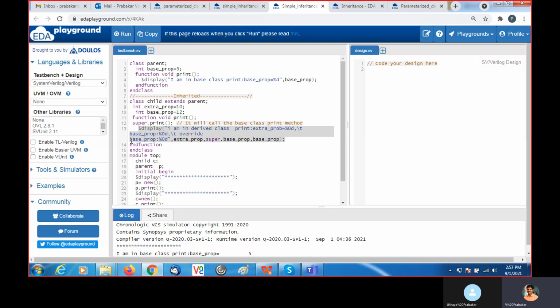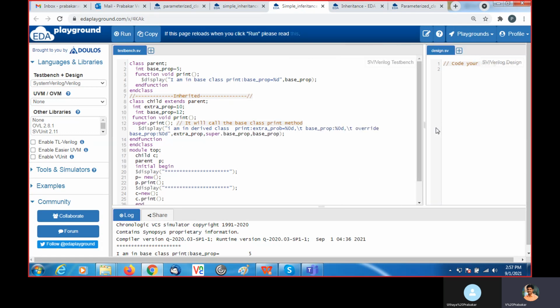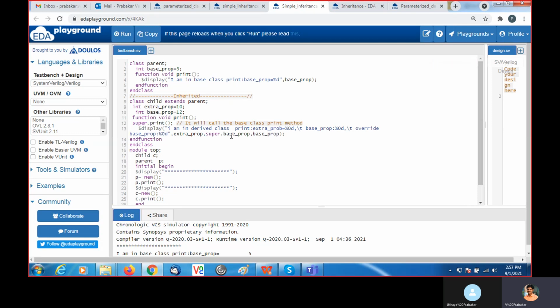So after some space again I display the base property: extra property and super dot base property. Here I am printing the extra property and there are two base properties.